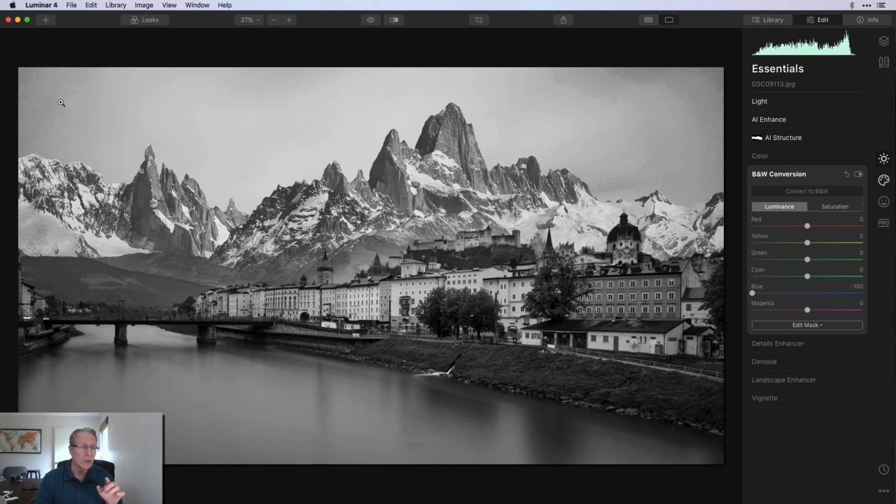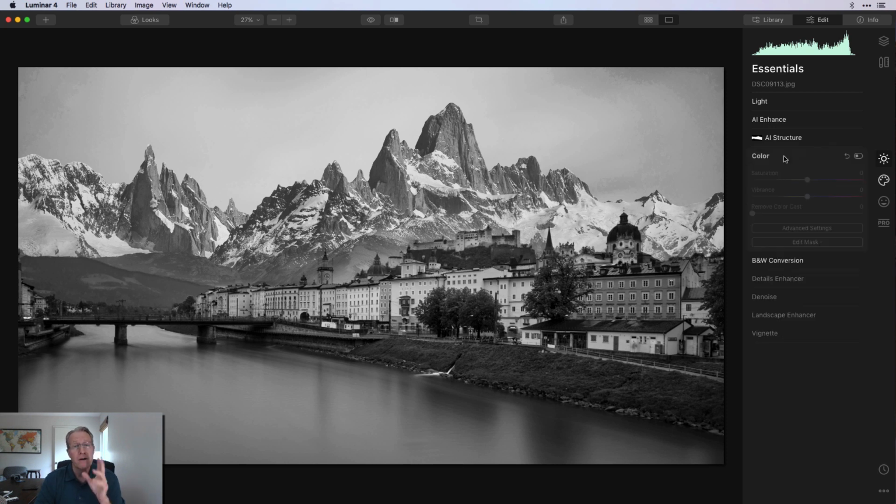Now, you may also notice I'm getting some artifacts in these upper corners, and that's because this is just a small JPEG. I didn't take the raw file. I wouldn't normally have that. I just wanted to point out that I am aware of it, and it's just because I've got a JPEG and I'm kind of jacking with it pretty heavily here. Didn't do anything on saturation, but black and white conversion helped me get to the next phase, if you will,